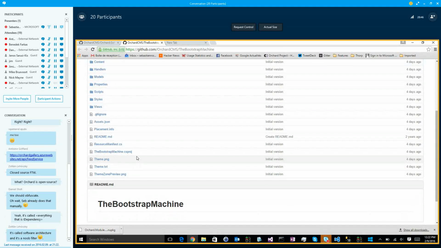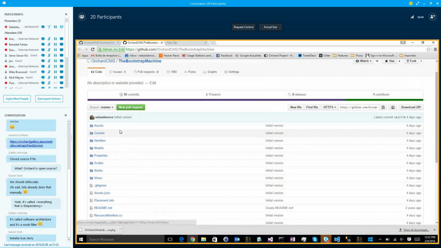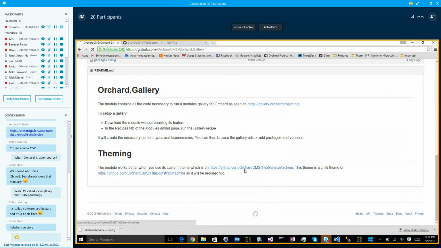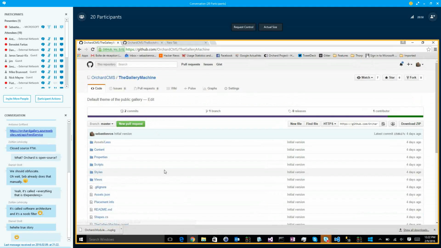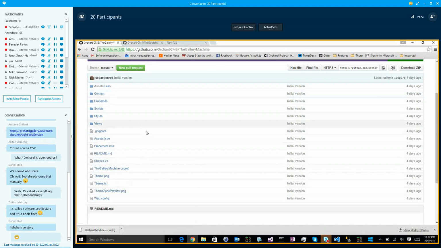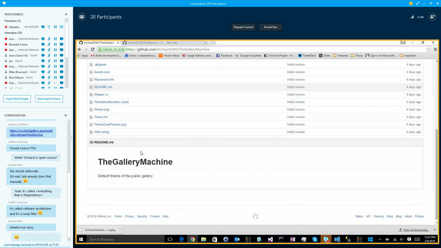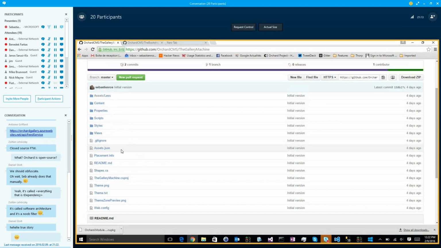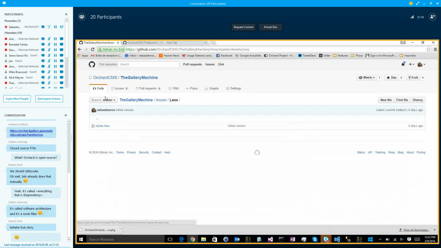And this one, which is the GalleryMachine, has all the overrides to display packages correctly, not in the admin but in the front end, in summary and in detail, and is based on Bootstrap. That's why I also released the Bootstrap one. And it's based on Bootstrap using the less file. Okay, so even the Bootstrap machine is based on the less definitions, not custom CSS. That's it. So now you can